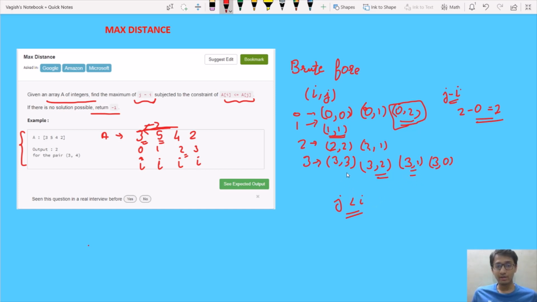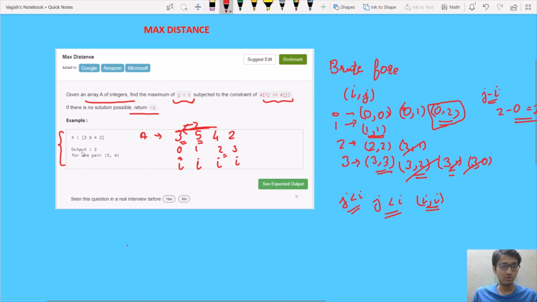And for that particular i, that pair would give us the maximum answer. So we need not consider those indexes or those j which are less than i. So we can discard this, and our answer came out to be this pair 0, 2, and our answer came out to be 2. So you can verify it here.